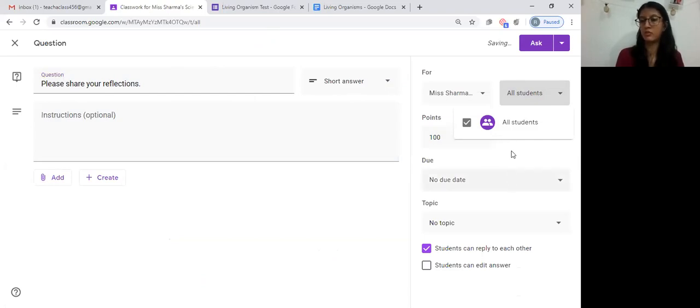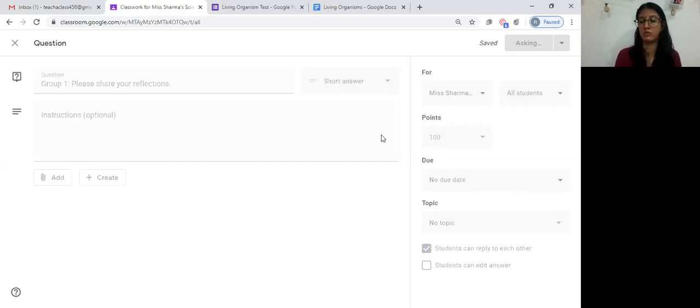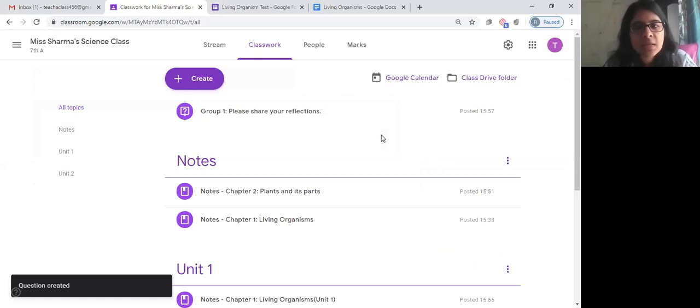So I can select it to group 1, and I can just simply write group 1 assignment or notes and select a certain number of students from here and then ask. Then I can also similarly make a group 2 and select another set of students and group 3 and so on and so forth. Add multiple groups, so only those group of students will be able to share the notes together. Okay. Thank you.